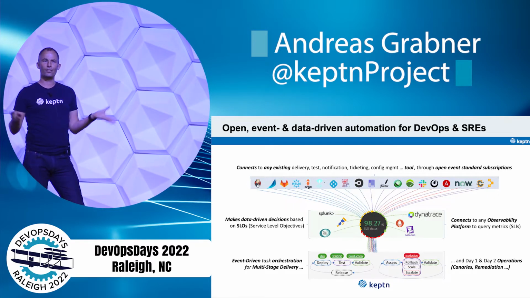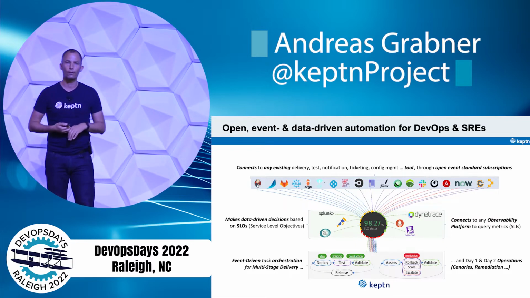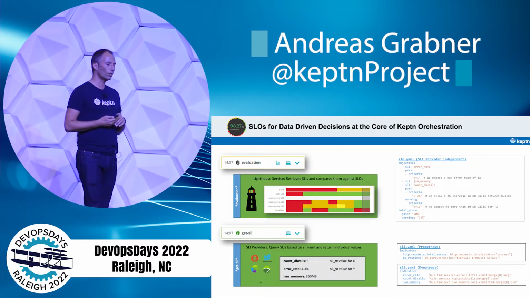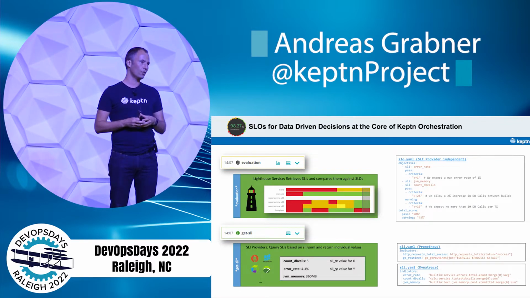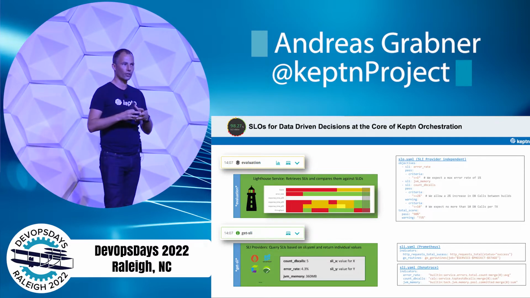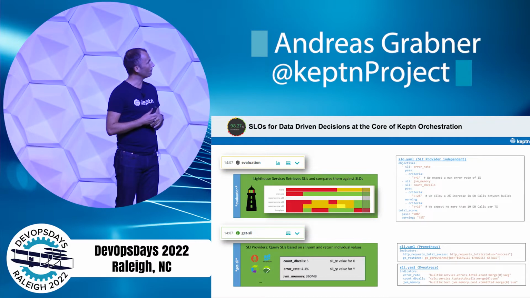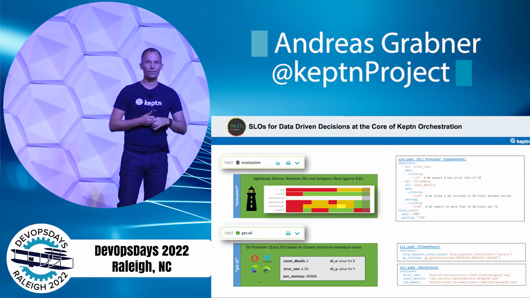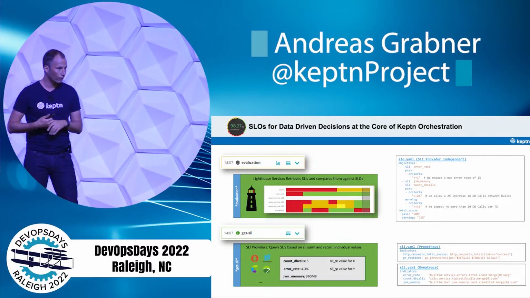Now again, the question is, this is not unique, right? You've probably built scripts that do something similar. What I think is unique is what we do in the middle. What is baked in and at the core of our orchestration engine is an SLO evaluation feature, or it's actually the core component. What we are doing, Keptn makes data-driven decisions based on SLOs, service level objectives. SLOs have been mentioned a couple of times today in previous talks.